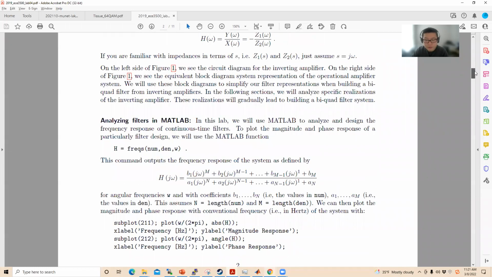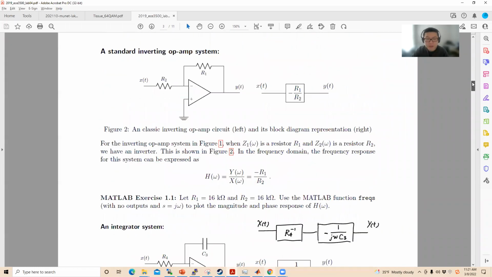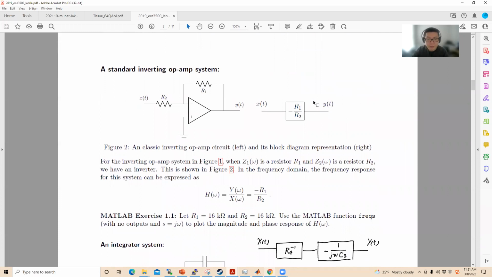After knowing all of this, let's check one example to see how to use MATLAB to experience the response. Suppose in this example, this is the standard inverting operational amplifier system. You can see there are two resistors, R1 and R2, and according to what we learned from this